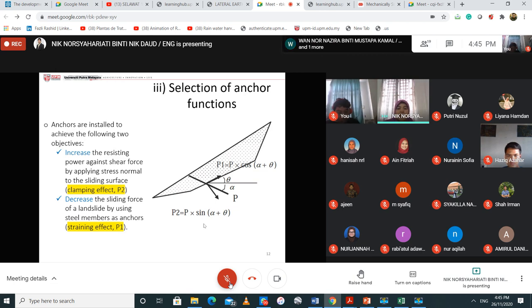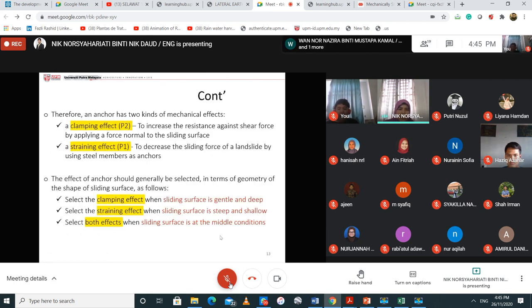Okay, right. Macam saya cakap ni, this is the power of your anchors, and then this P1 and P2 is the effect for the anchors itself. Alright, so this is some sort like a condition lah, the effect of the anchors, which one you should select to make sure that the sliding is in a good ways lah. Alright,